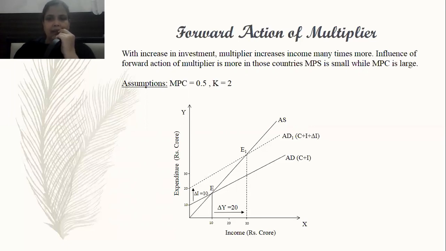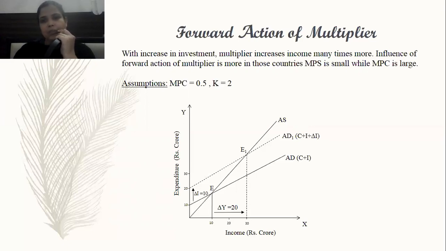Where AD and AS intersect at point E, at E, investment is equal to 10 and income is also equal to 10. Now, if you increase investment by 10 crore rupees, that means from 10 to 20,